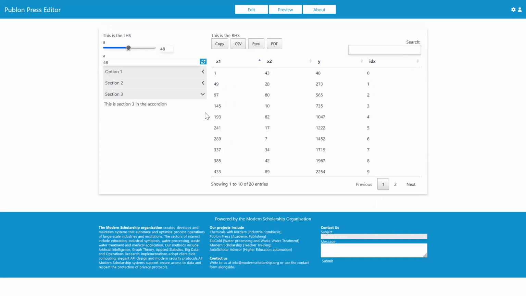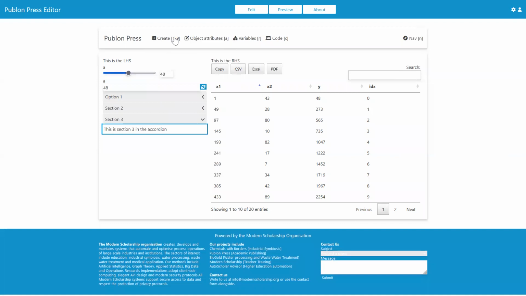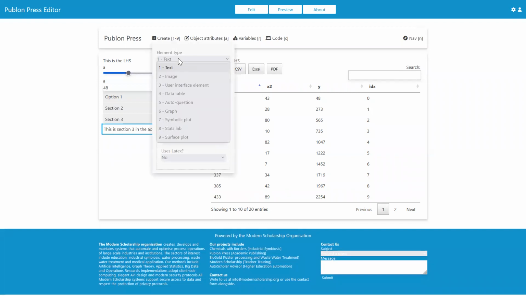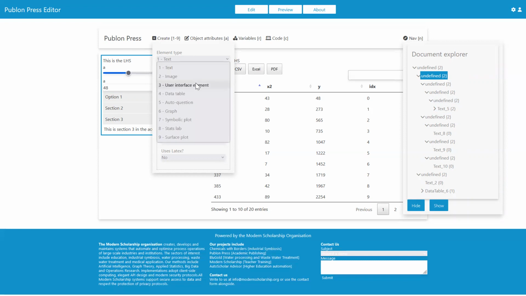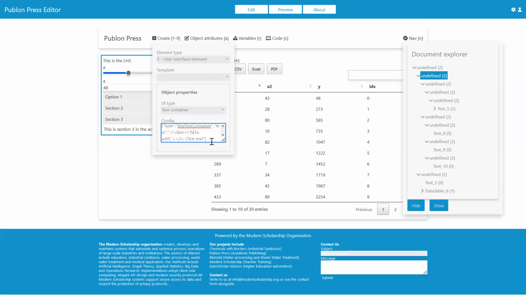And there is a third type of user interface element. So if we go here, let's add it into this part again. And the third type of element that we will add, user interface element, is the text container. So you can edit in here